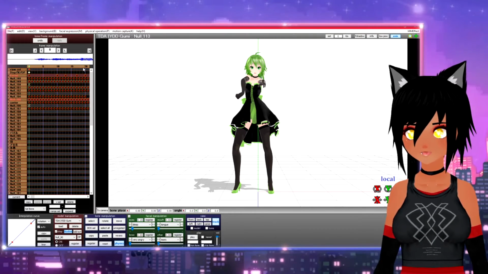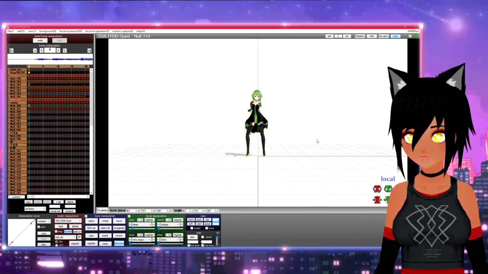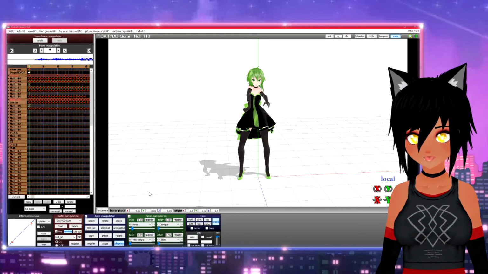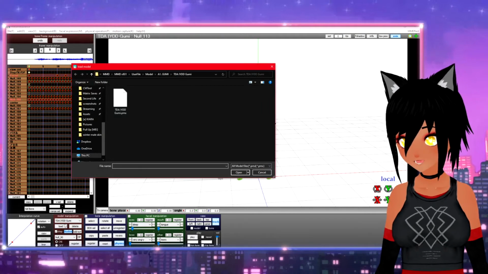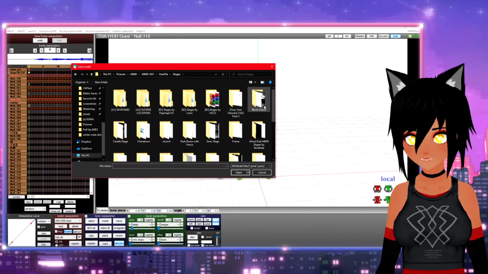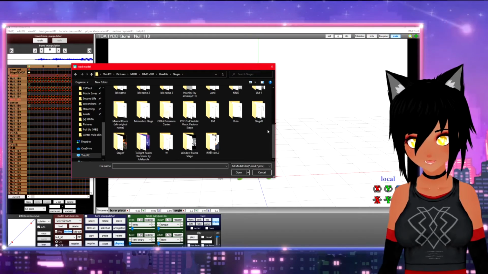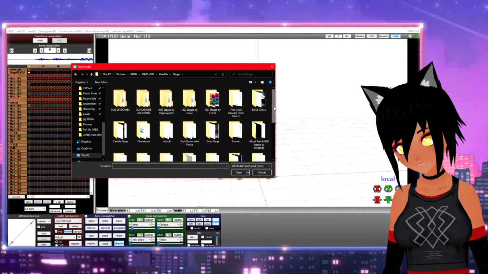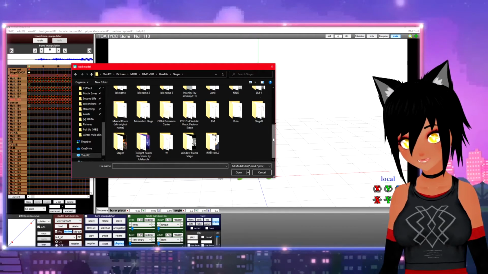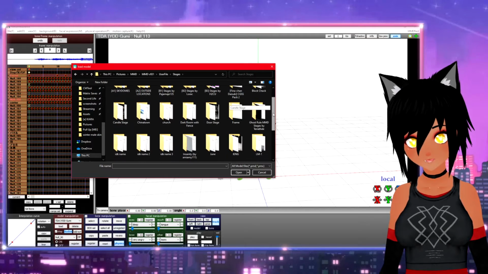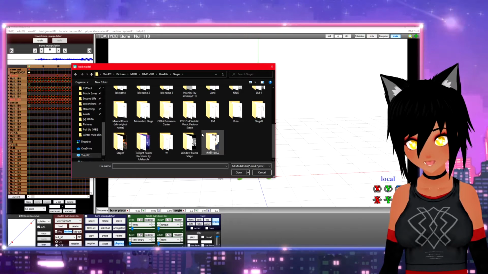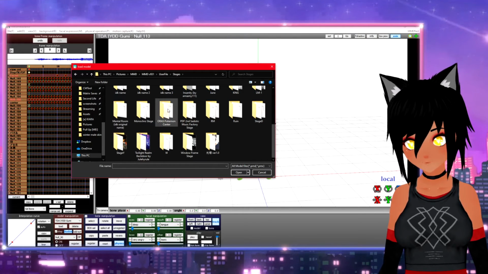So now you've got the music and now you got the motion. But you're still just dancing on a grid. Well, you can now click load down here in the model manipulation and go back to your user file and go to stages, and you won't have any of these. You have to download these yourself as well. It's the one thing that's kind of a pain in the butt about MMD, you have to download all the individual parts on your own. And again, you can find these on DeviantArt and YouTube. And they can be big or small. They can be all kinds of stuff. People come up with some crazy stuff.